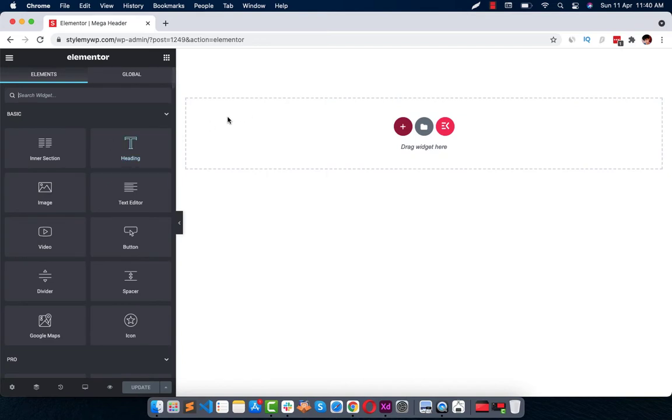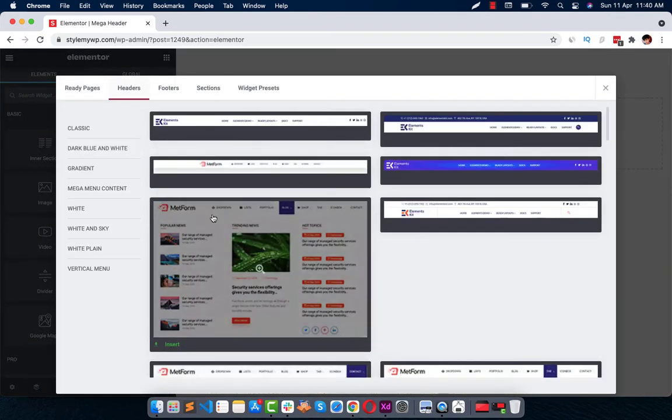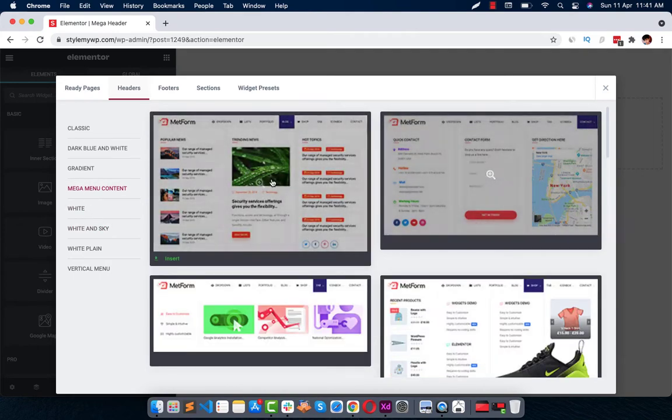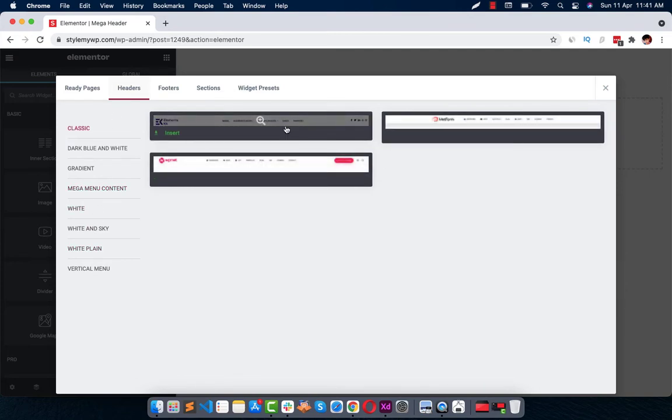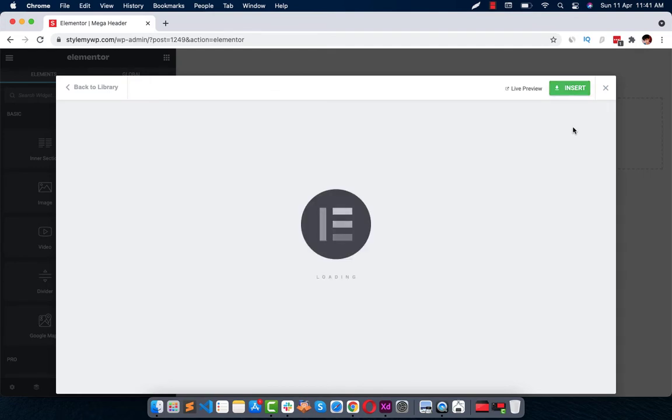Boom, we have just opened up this one. So in Elements Kit, you also get to see this small button which gives you some library. Here are a bunch of header options that you can import right away. Just click on headers and come over this mega menu content. Right, this is for mega menu actually, but for the header you can just go with any of these options, so it will save you some time. So we can quickly use any of these. To preview, just click on it, and if it looks good to you, you can just click on insert.